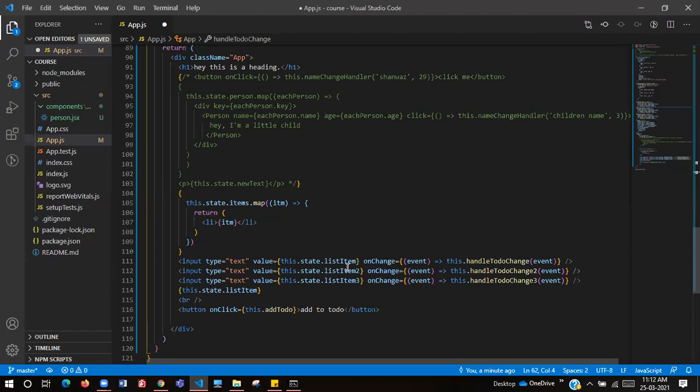The ending value spelling. event.target.value, line number 32. Yeah, target dot value, and even before that, the target, it is event.